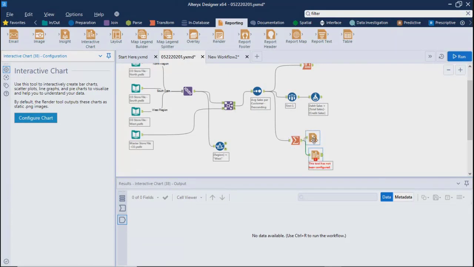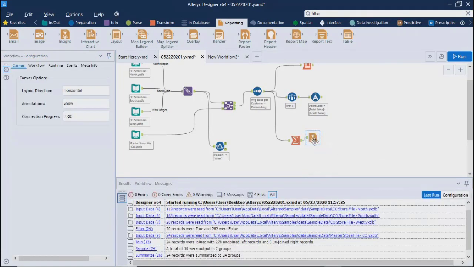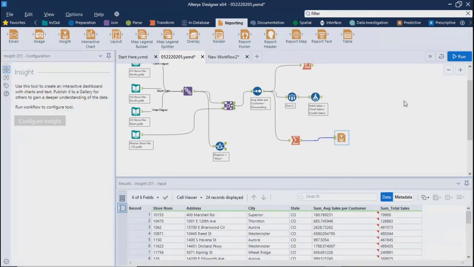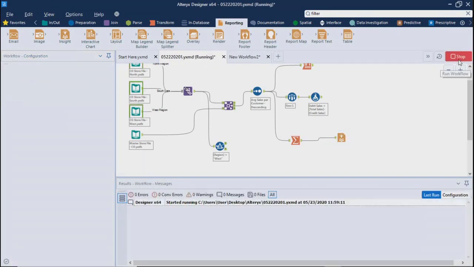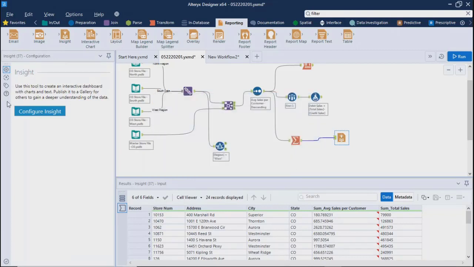Then data will flow from these tools. I'll delete charts right now, and we'll add it after insights. Insights is disabled. I will run this now. Then it will convert into enabled format. See, configure insights.